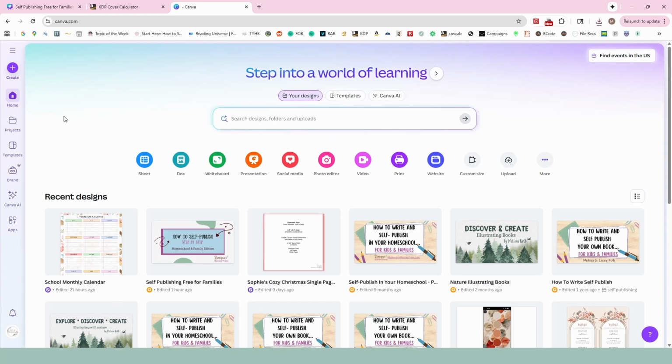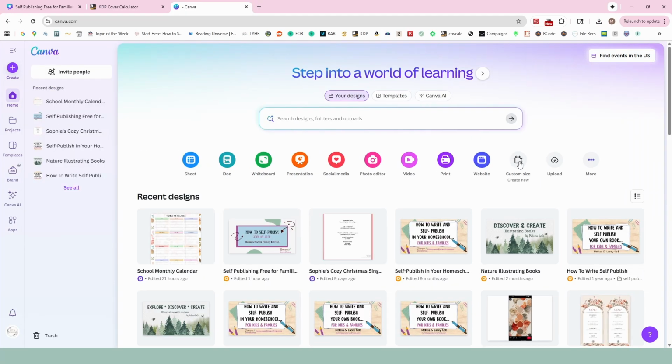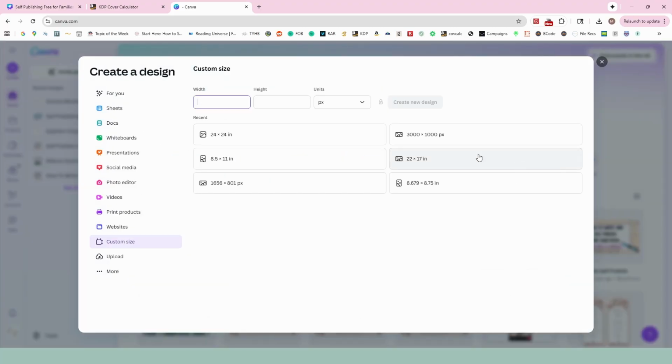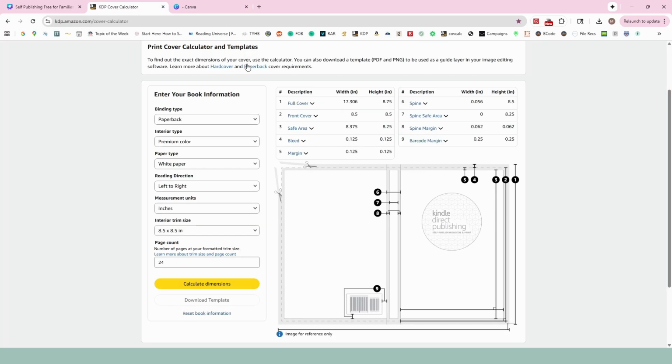Okay, now that we're in Canva, I do a custom size. Now, in order to have this custom size, make sure you are choosing inches. You'll go to your KDP cover calculator, and you are going to make two things. You're going to make your cover. That's a separate design from your interior. So let's make our cover